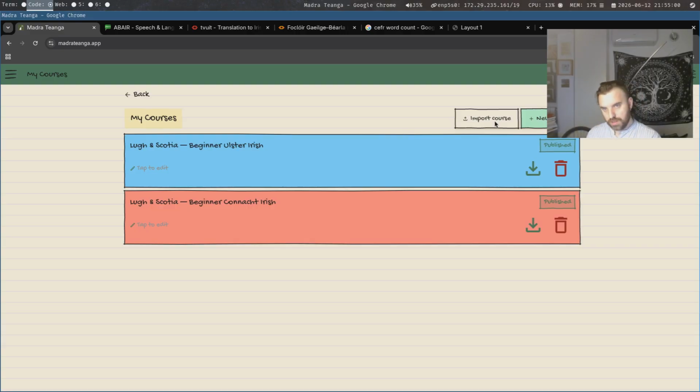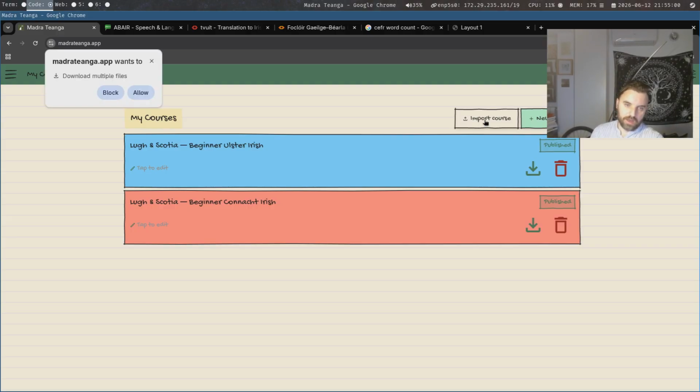So you can download them, upload them, and share them amongst different people, and you can share anywhere you want. You can even put it on a store. It's like an Anki kind of deck thing, right? So you can share them around.